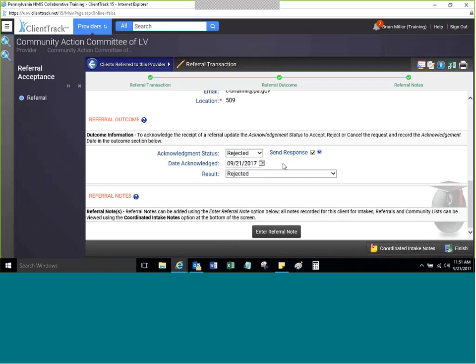But the send response, basically, it'll send an email automatically back to the sender, whoever sent it, to tell them what happened with the referral. It'll give them the status. It'll say, hey, this referral is accepted, or hey, this referral is rejected. Now, at this point in time, if the referral is rejected,